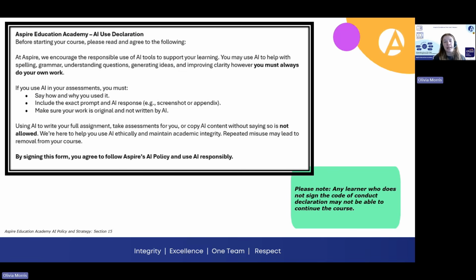All learners must sign the AI and Plagiarism Code of Conduct during week 1. Any learner who does not agree to the declaration may not be able to continue with the course because academic honesty is an essential requirement of your programme. By signing this declaration form, you are agreeing to follow our AI policy and to comply with it.